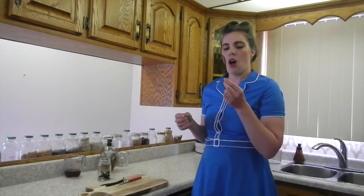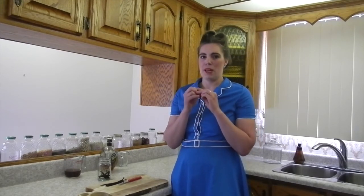Very good. When you're making extract, I highly recommend splitting the beans. You're going to get...